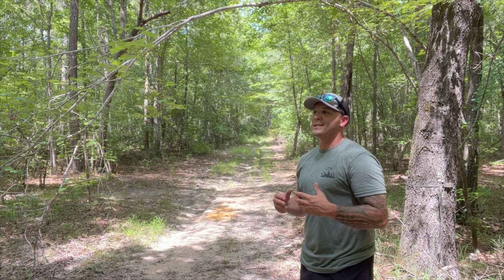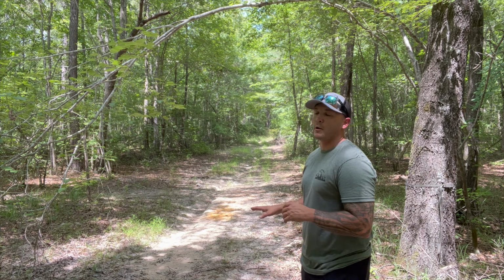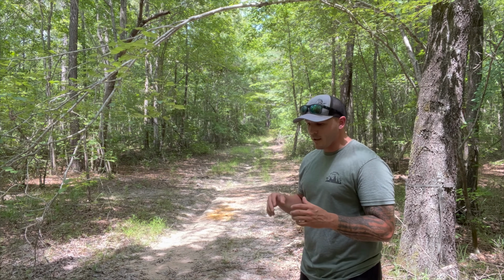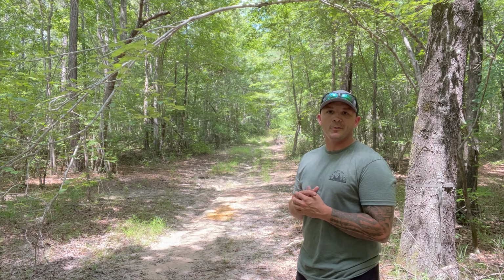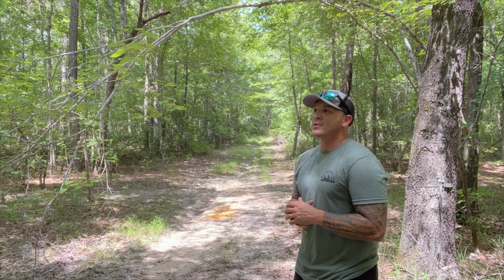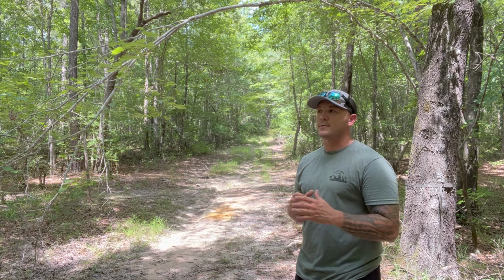So what I did is I took the feed out of the feeder and I naturally spread it out on the ground. And turns out my deer just don't like feeders. They've never been fed out of a feeder and they just don't like them. So the first night that this was out on the ground,